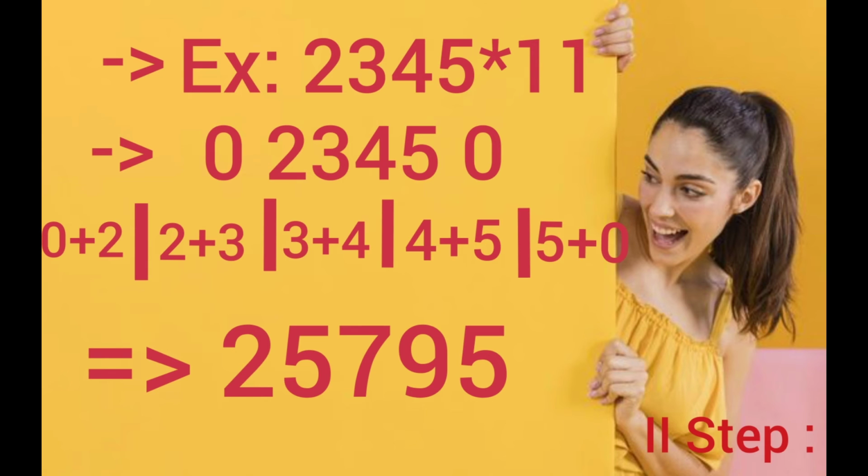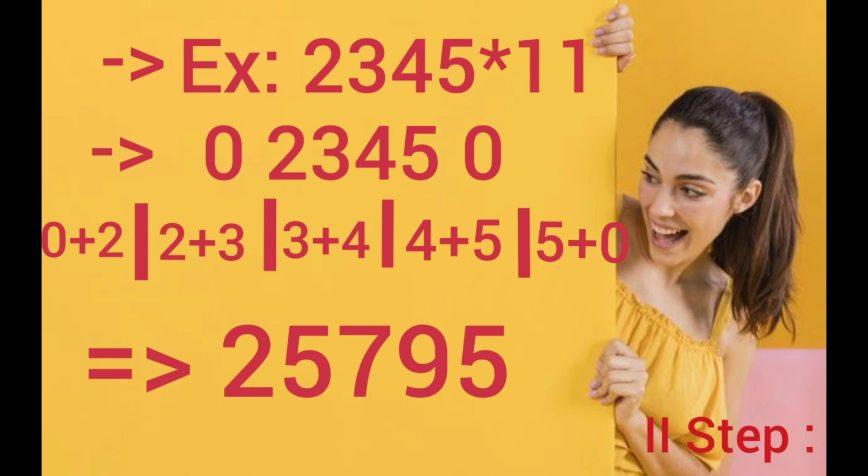Now we go through the first, second and third steps consecutively, adding the numbers from right to left on the screen. So 0 plus 5 is the first one, and 5 plus 4, and so on, the third step, right? And 4 plus 3, again 3 plus 2, again 2 plus 0. Finally we do the summing operation. 0 plus 5 is 5, 5 plus 4 is 9, 4 plus 3 is 7, and 3 plus 2 is 5, and 2 plus 0 becomes 2. So finally we get the answer for 2345 multiplied by 11. The answer is 25795. Within 25 to 30 seconds, we can find the answer.